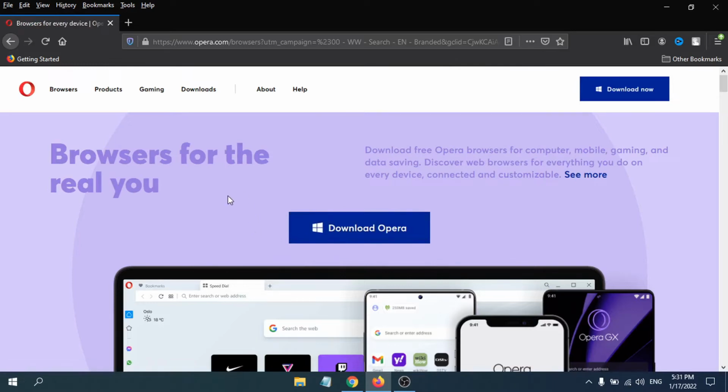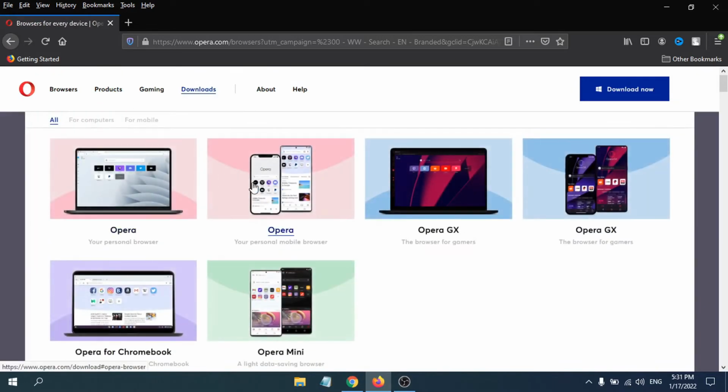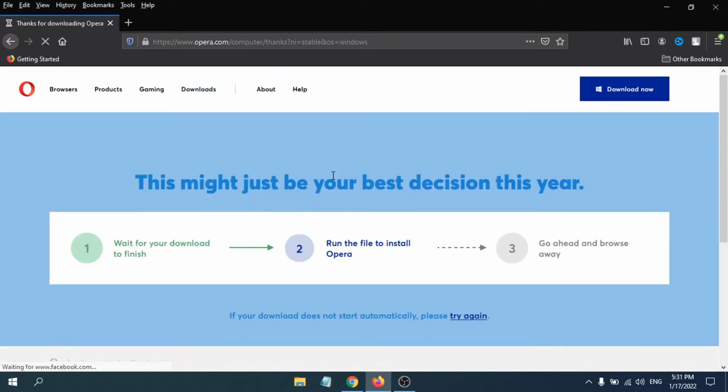Then this will go directly to the official website of Opera here. As you can see, this is the official website for Opera. So you need to download for Windows here. So you need to click on the download now option here with the Windows icon here. As you can see, click on download now,